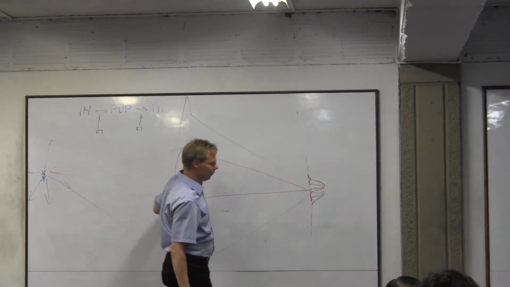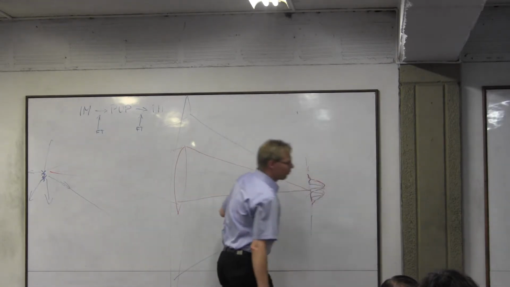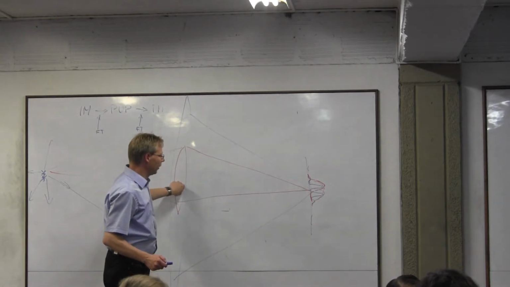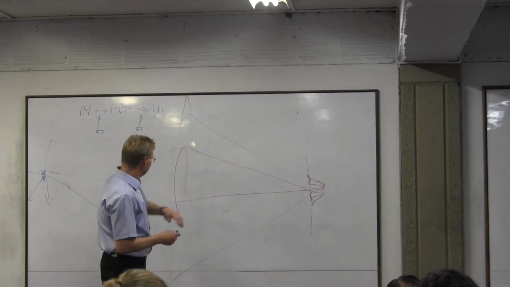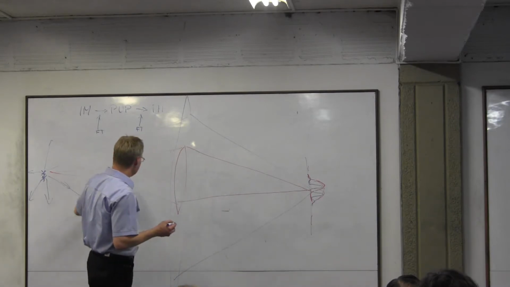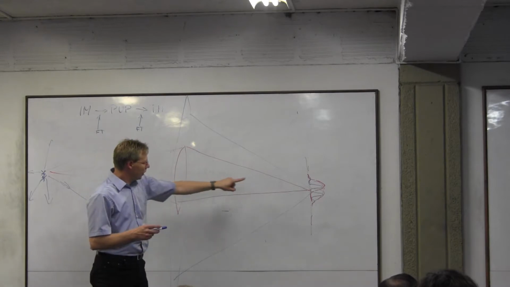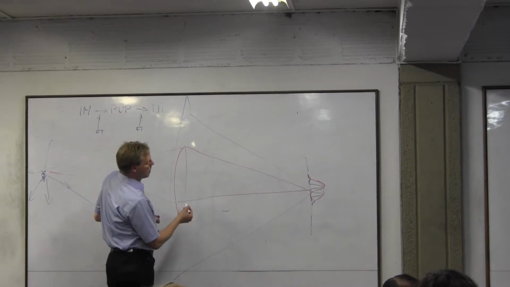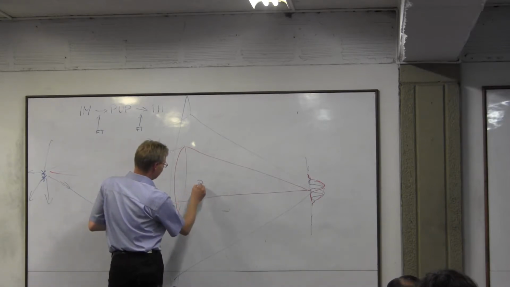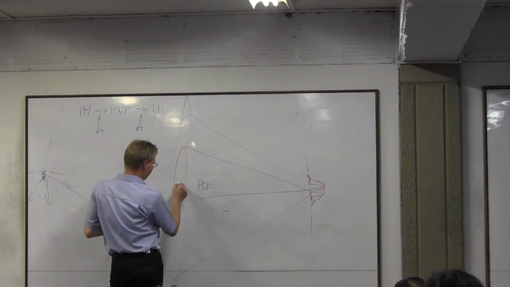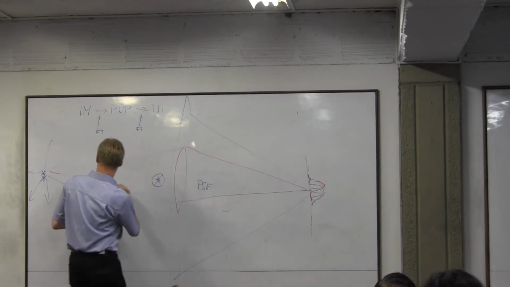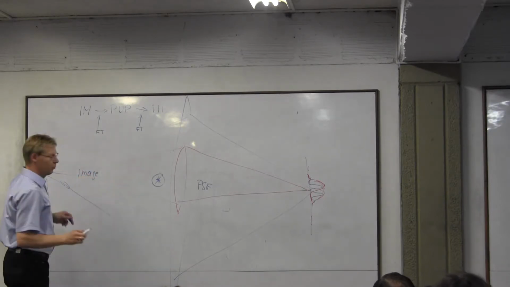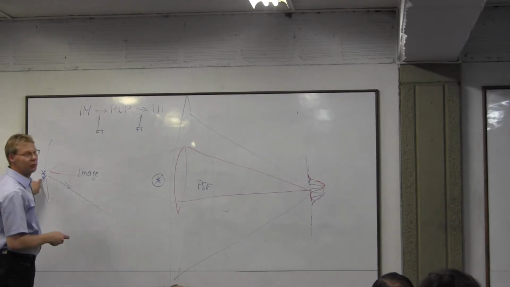meaning you have lost the high spatial frequencies by using a smaller telescope. And another way, of course, to express that would be to say I know what the point spread function is. I know what a single point source produces. So let's say I know the PSF of my source, and I convolve the PSF